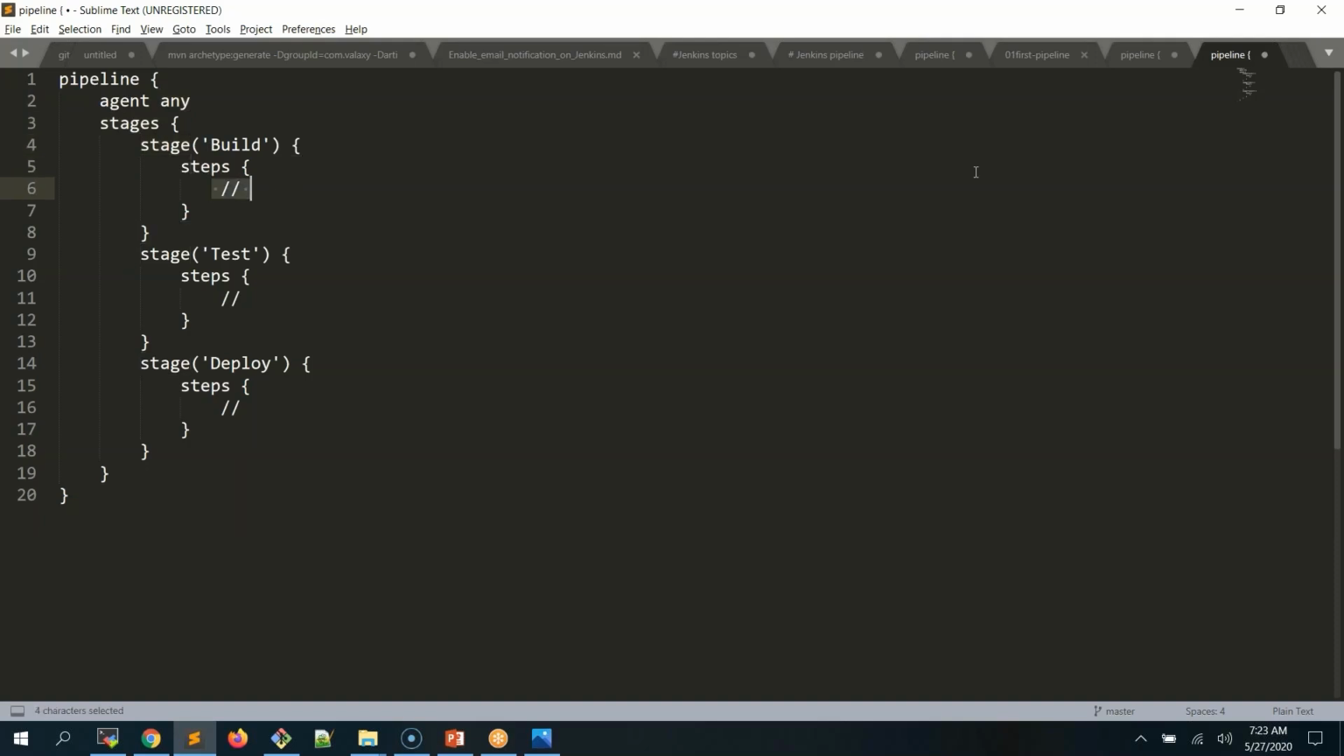Okay, let's give a simple step as an echo. I'm giving this is build stage. So what does it do? Whenever you execute this stage, it is going to execute this command, and whatever you could see over here, the same thing gets displayed. So I'm just changing it to